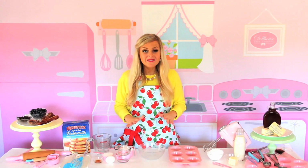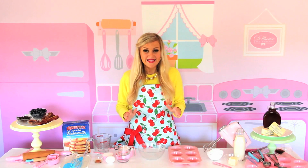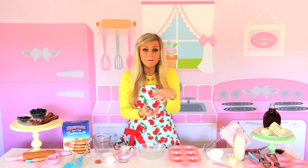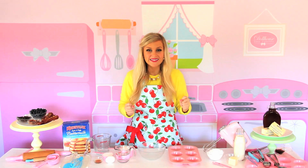For anyone who's ever wanted to eat cupcakes for breakfast or pancakes after dinner, here is your perfect excuse. These pancake breakfast cupcakes have a really light, fluffy pancake cupcake, and then we're gonna make some maple buttercream frosting, and we're gonna add really fun pancake mix-ins like chocolate chips and blueberries and even some bacon to really add